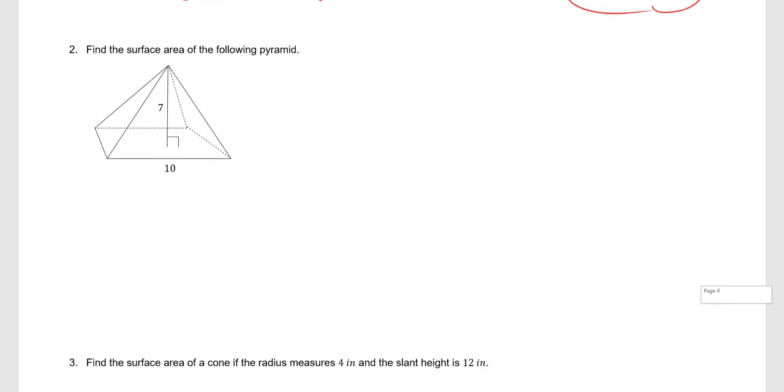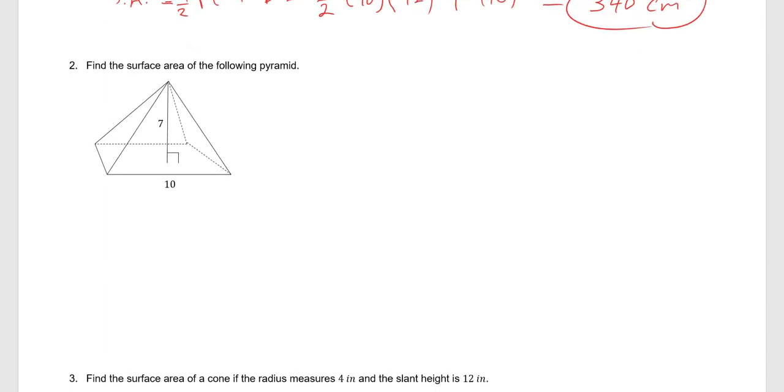Next exercise. Find the surface area of the following pyramid. So we have one edge of the base, and we have the height of the pyramid. But we can just write the same equation, right? So surface area for a pyramid is half times perimeter times slant height plus area of the base, which is equal to half times the perimeter. So the perimeter of the base is 10 times 4, right? Because there's 4 sides, which is 40, times the slant height